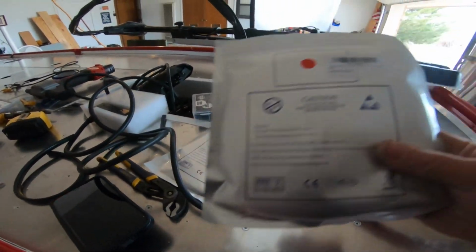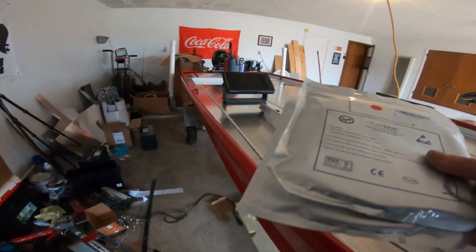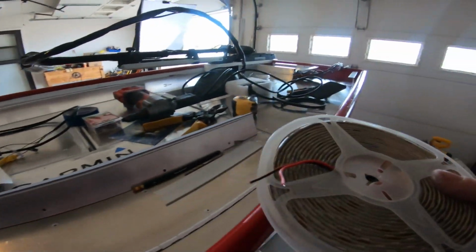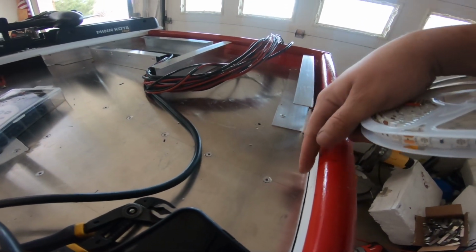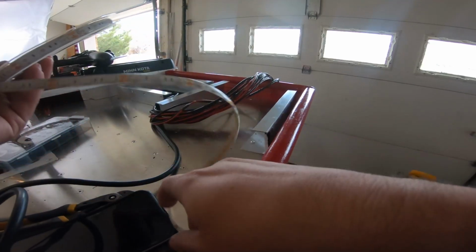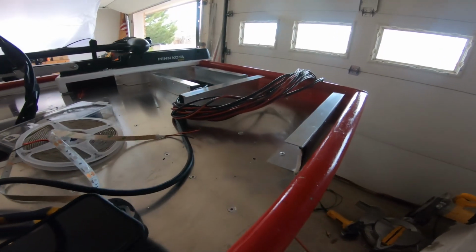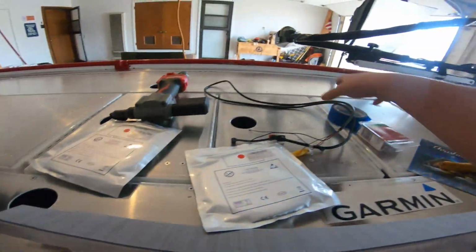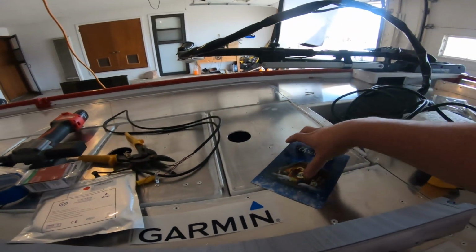Next up, we got some red LED lights. Like I said, these are gonna go around the entire lip of the boat. So I'm gonna have a wire coming out of this side, so I want to go ahead and run the wire for the LED through that same hole, so we're not making holes and having wires run everywhere around this boat. So what we need to do here, I need to see what wire is going to run the lights: